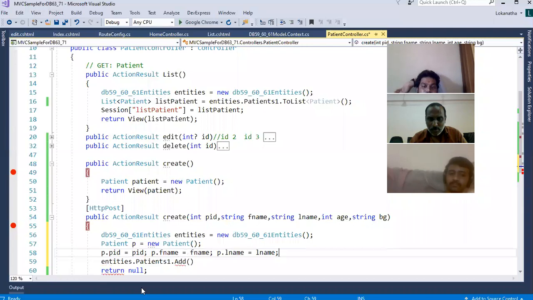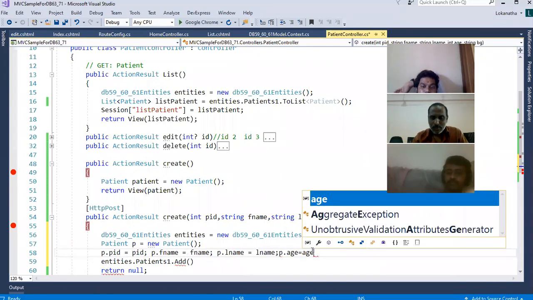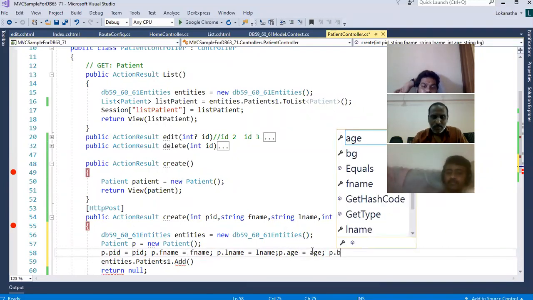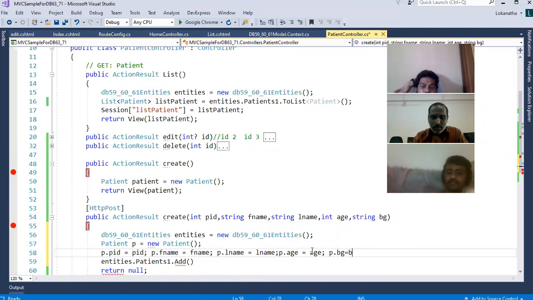What is this LName over here? This LName is the same as this one, and the LName on the left is the variable present inside the patient object. p is referring to the patient object. Similarly, p.Age is equal to age, and then p.BG is equal to BG. Now you pass this patient object to Add.